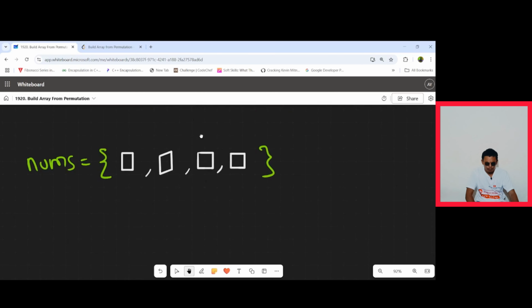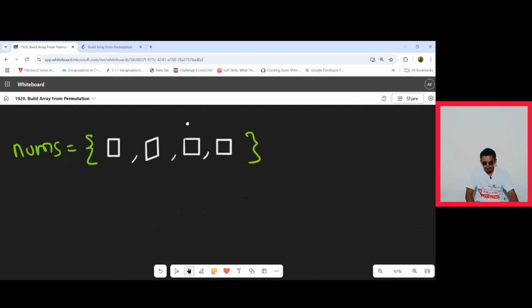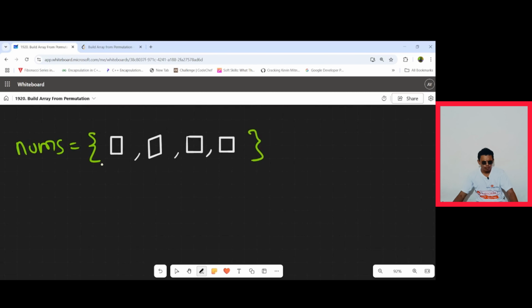Now here, if you consider the approach 2 logic, what is this? Try to think about it yourself. This is nothing but your nums of i. Again, what is this? This is also nothing but your nums of i.